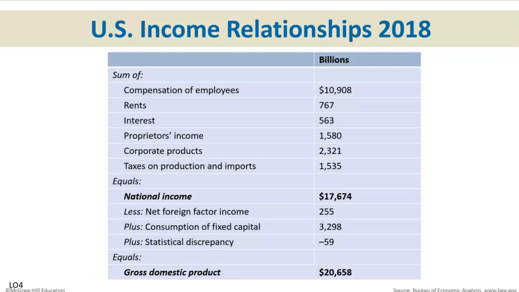Now we're going to look at the second way that GDP is calculated, and that is the income approach. So here we're looking at the U.S. numbers for 2018 using the income approach. Now this approach is a little more complicated. Make sure you get good notes on this because you will be calculating GDP this way using the income approach